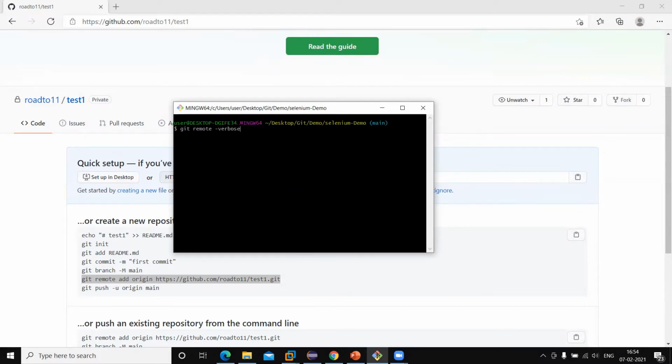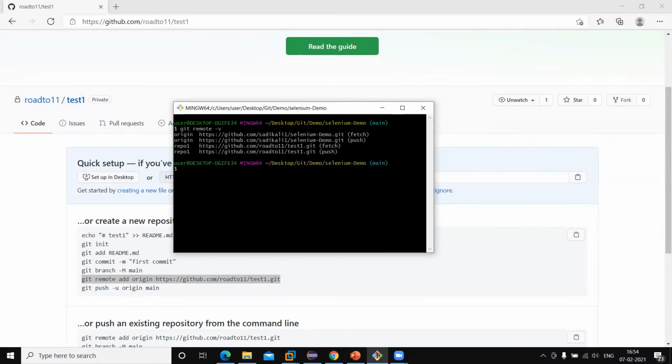Now if I run the command git remote -v, then it will show us the details of both repositories. Okay, so now next I want to push the code into the remote repository. I need to push the code to repo1. How do we do that? We need to use git push, repo1, and the branch name is main.